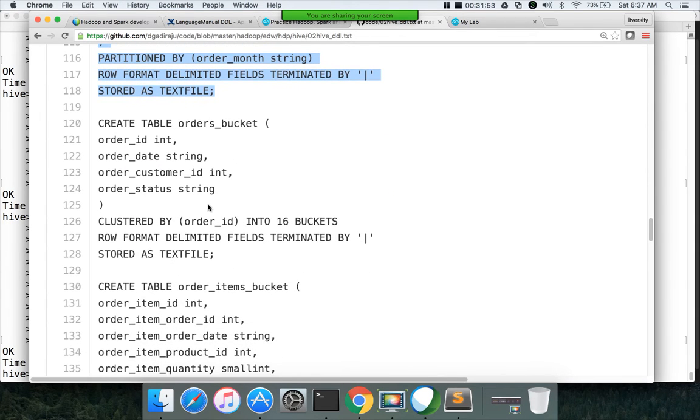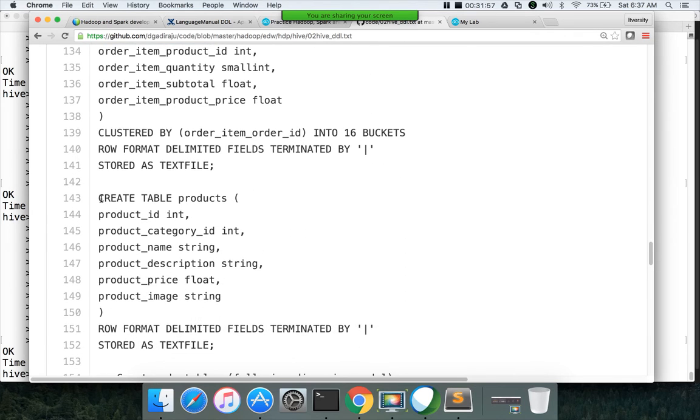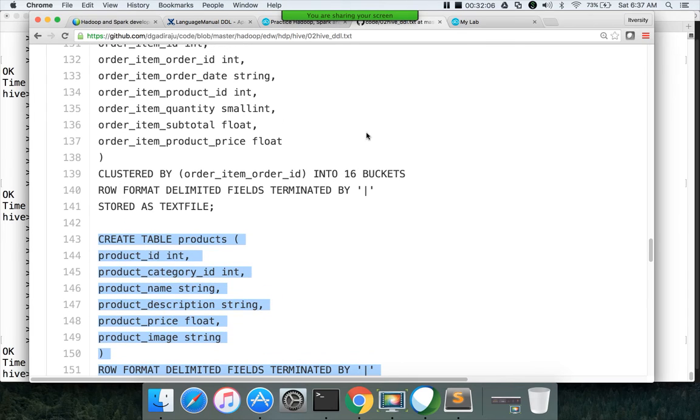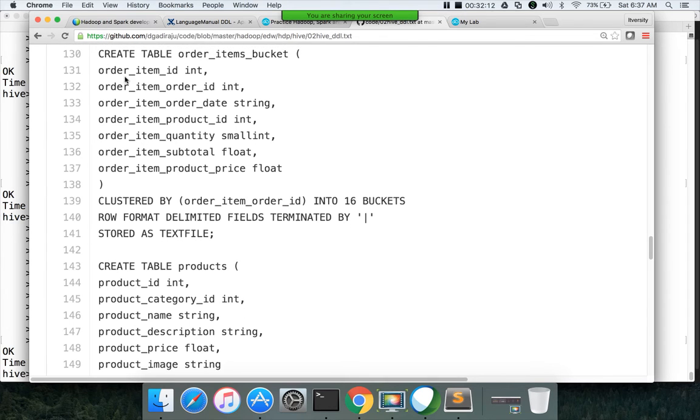If you want to use bucketing, you can use this one, but I'm not running it here. Bucketing is similar to hash partitioning, and the syntax uses clustered by and then into whatever number of buckets you want to divide. In clustered by, you have to give a column which is defined as part of the create table command.